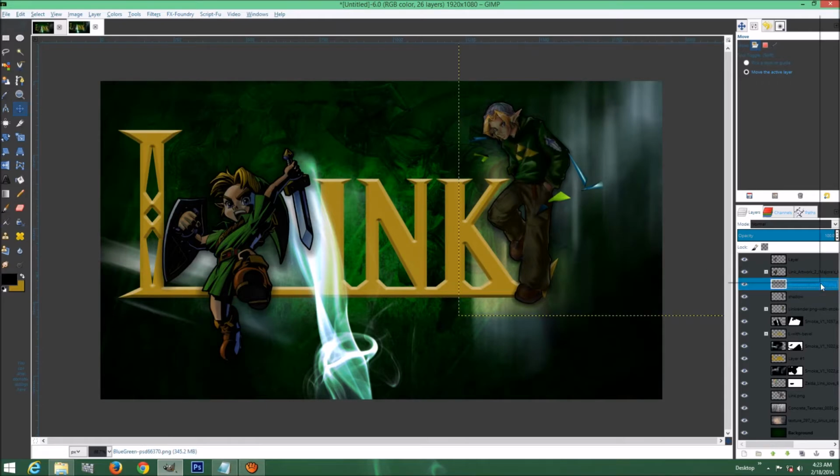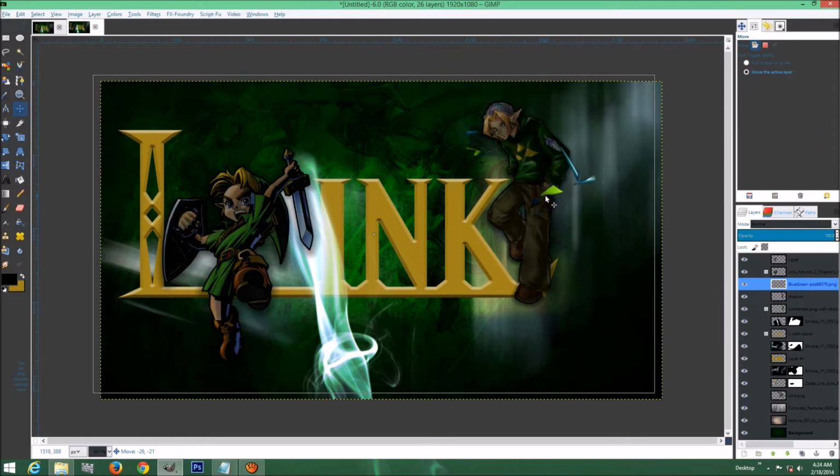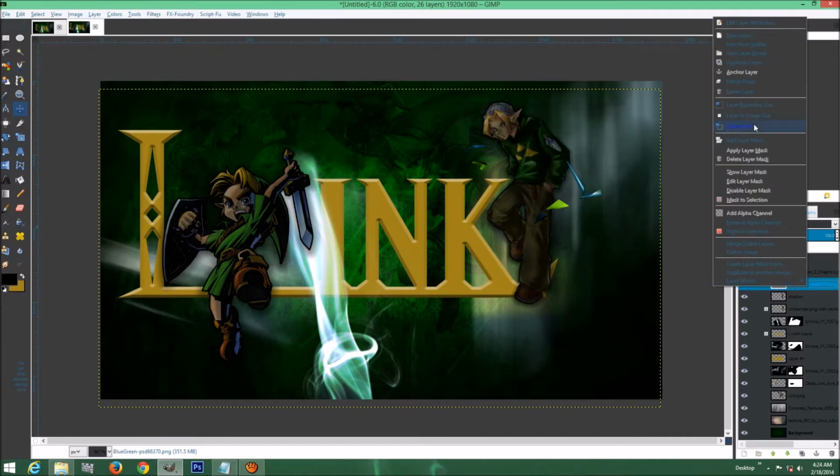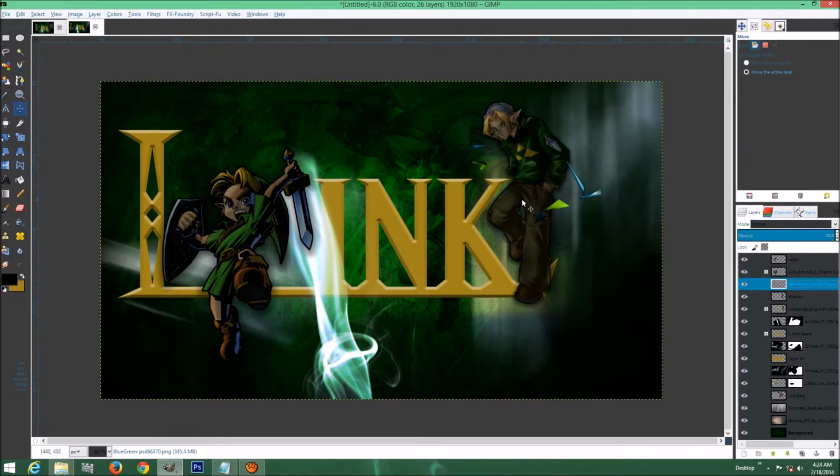I'm going to lower the brush size by pressing the left bracket key, and I'm going to erase this stuff over here just like that, and I'm going to press M on the keyboard. Actually, first I'm going to go layer to image size, right click, layer to image size, and then I'm going to move these just like that. Right click, layer to image size, then Control Shift D on the keyboard duplicates them,